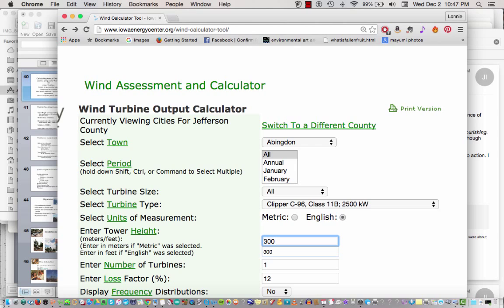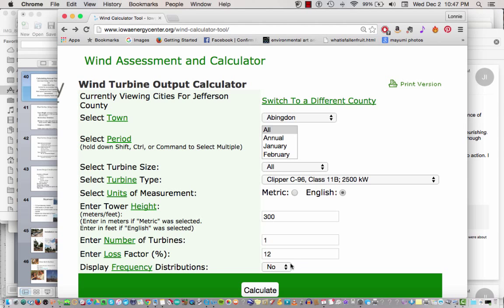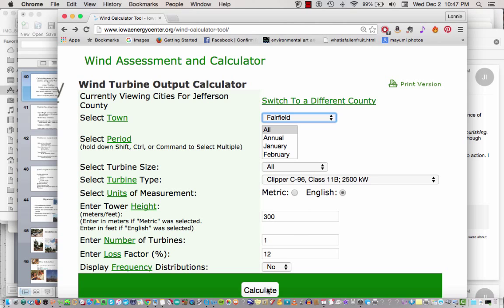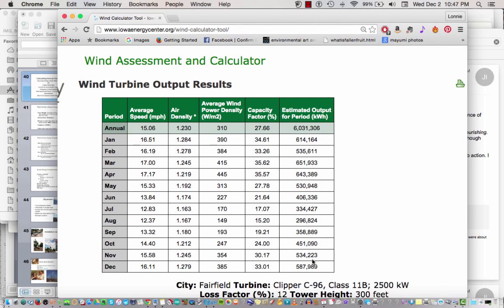This is the one that's at the community college up in Cedar Rapids that many of you went to see. And let's leave all the rest of it the same. Let's put it in Fairfield, and then let's calculate that. So you can see we put out about 6 million kilowatt hours a year with that turbine, and that's more, I think, than MUM's annual